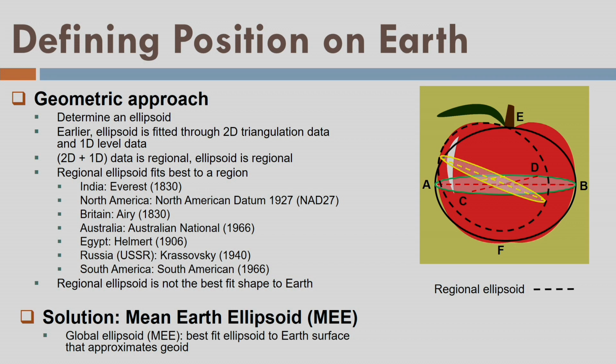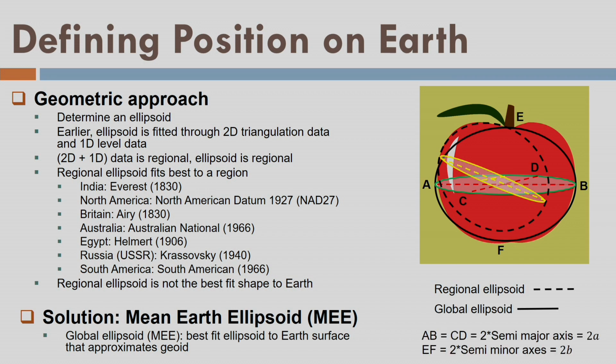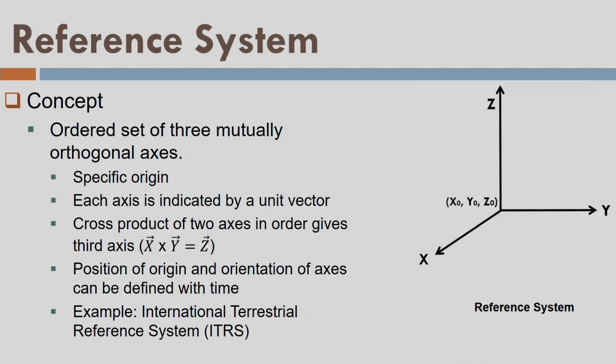Okay, so let us go ahead. Let us see that EF is my rotation axis. So I can say there is a global ellipsoid shown by the black color in firm line. Now, what about the reference system? We will now understand what we mean by the reference system, reference frame and coordinate systems required for the surface of the Earth, where there are three orthogonally oriented axes at some origin. Let's say the origin is given by x0, y0, z0 here, and x, y, z shows three orthogonal axes.